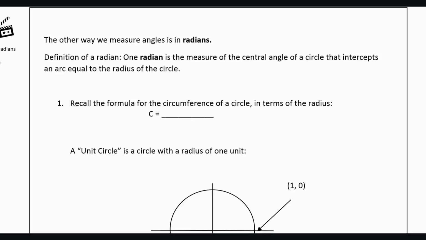So now we're going to learn about our other way to measure angles, and these are called radians. The definition of a radian says that 1 radian is the measure of the central angle of a circle that intercepts an arc equal to the radius of a circle. So what that means is if we've got a circle, 1 radian for the circle